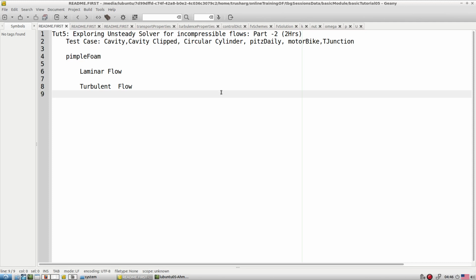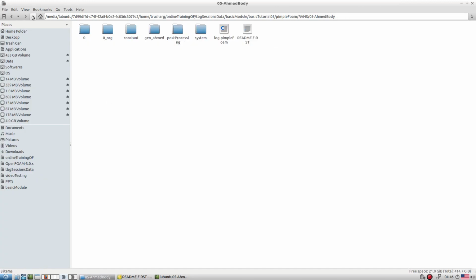So I suggest please go through all these test cases and try to simulate each one of them, even though I didn't simulate a couple of them. All these test cases you have to simulate in your own way and do the detailed post processing. If it is not working, let me know. We will try to fix it, but I think all the cases are supposed to work very nicely.